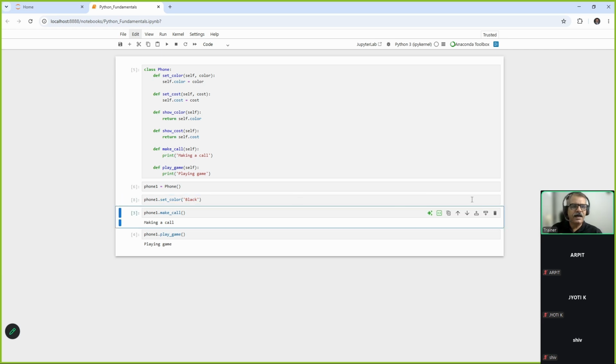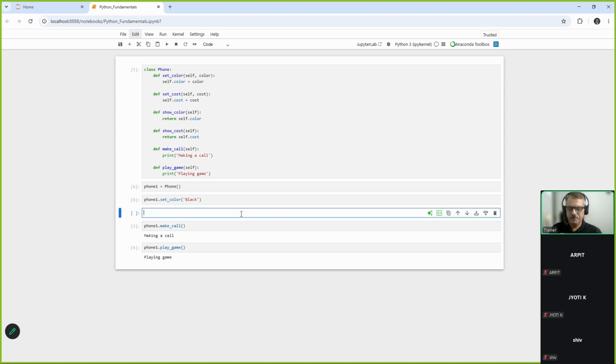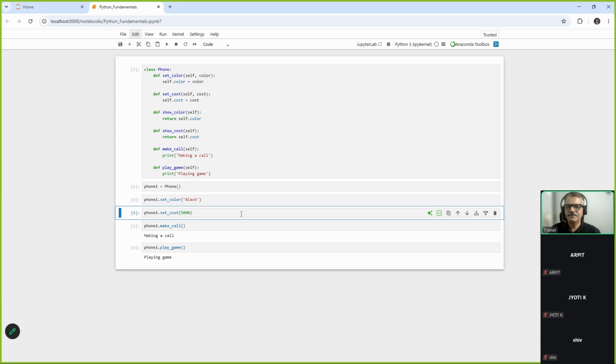Okay, and add one more cell, phone1.set_cost. Set cost to 5,000. My budget is 5,000. So after calling set color and set cost,